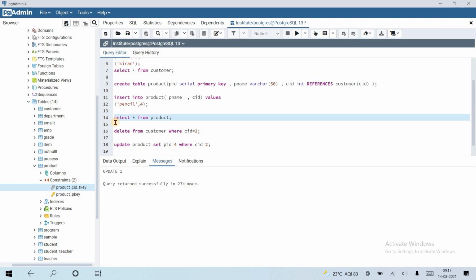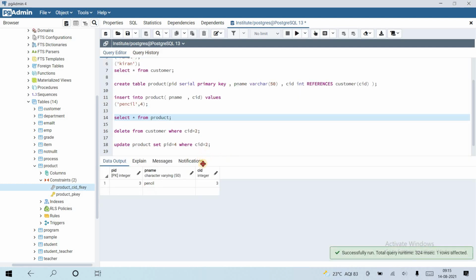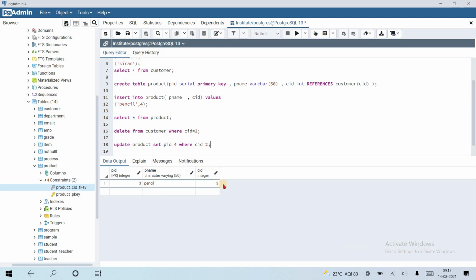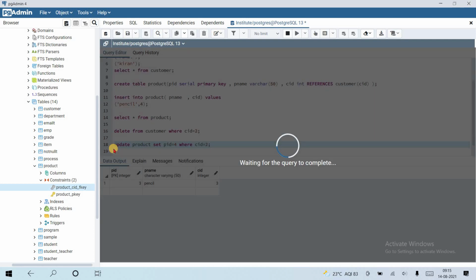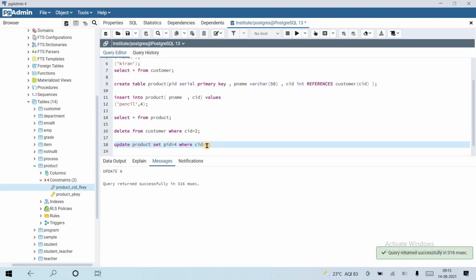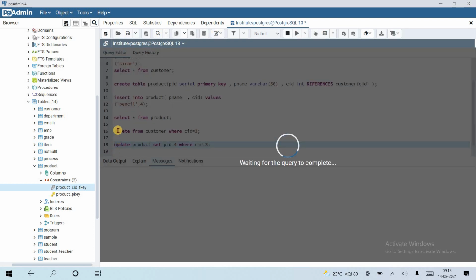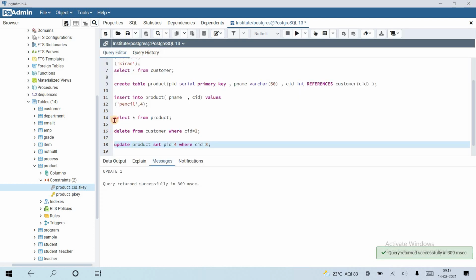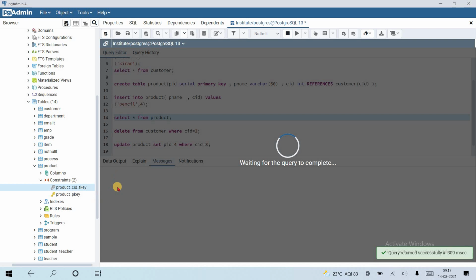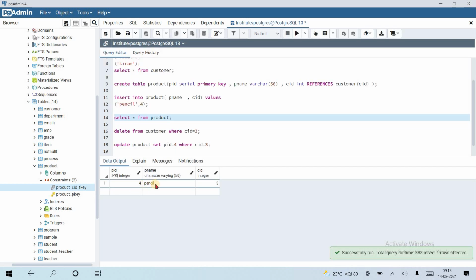We can see the values from the product table only has CID equal to 3, so the query works but doesn't return anything. If I make it 3 here, then you can see that the value will be updated. Here PID changed from 3 to 4. That's it.